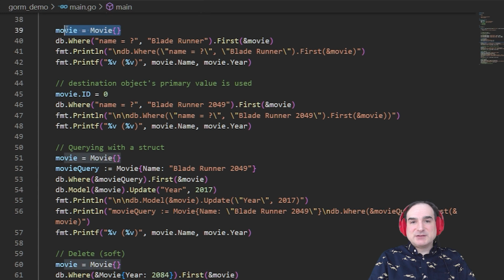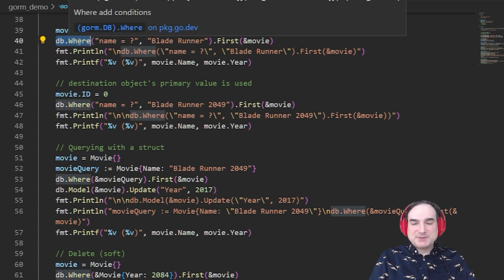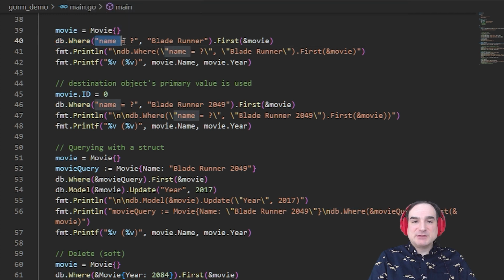So we clear out the contents of the movie variable, and we use db.Where to construct a query. In this query, we're going to look for something where the field name matches Blade Runner. And so we use this syntax. We use the where clause, as it might appear in a conventional SQL query, and we use a question mark for a data placeholder, and then after that, the data that we will provide for those placeholders. From that, we will get the first record returned, and then we will place that into the movie variable. Now you might be wondering, why did we clear out the movie variable before making another request?